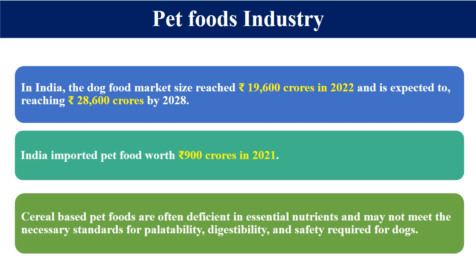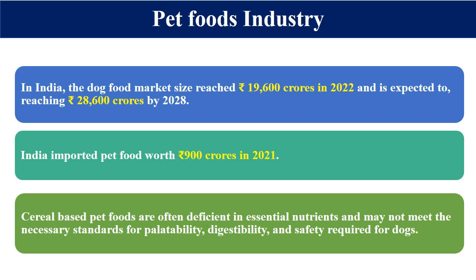In India in 2022, the market size of pet foods is almost 20,000 crore and it is growing fast at an annual rate of 6% and likely to reach about 28,600 crore by 2028. In 2021, India imported pet food worth 900 crore. So these two figures apparently show us the size, value and importance of pet food. Therefore, it is a high potential, and the byproducts from the meat industry have a very high value for proper